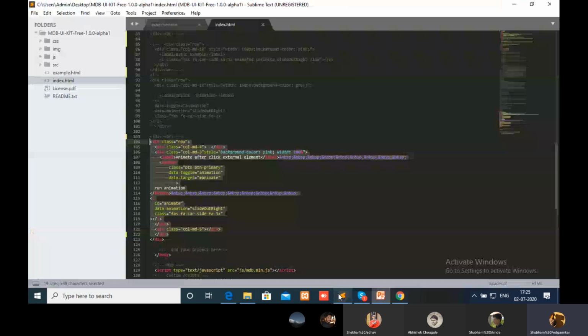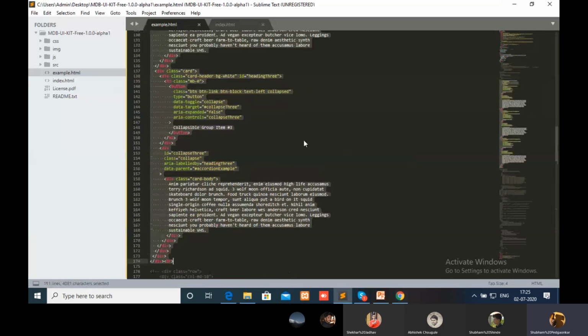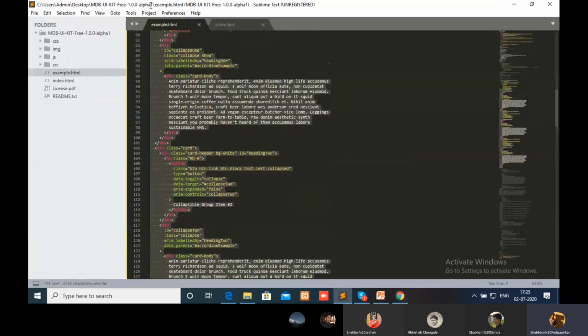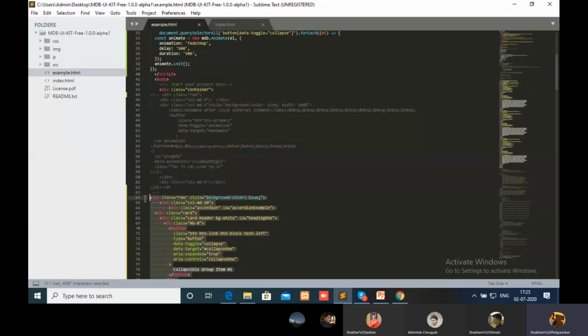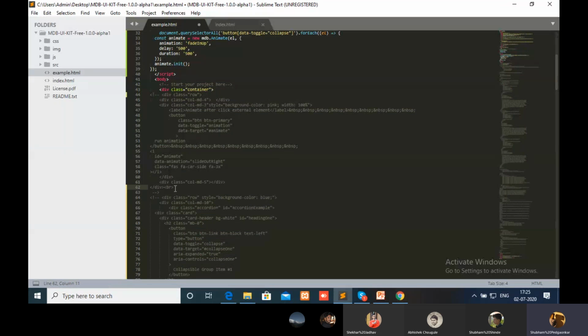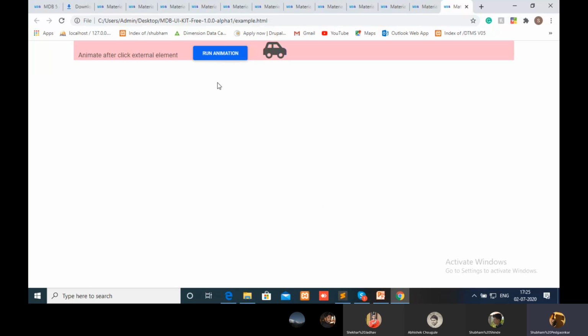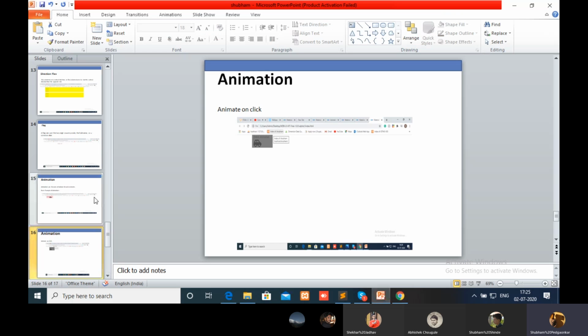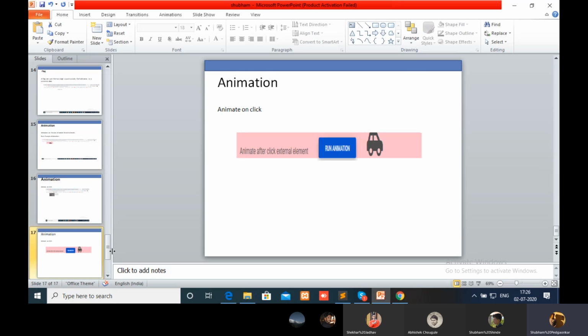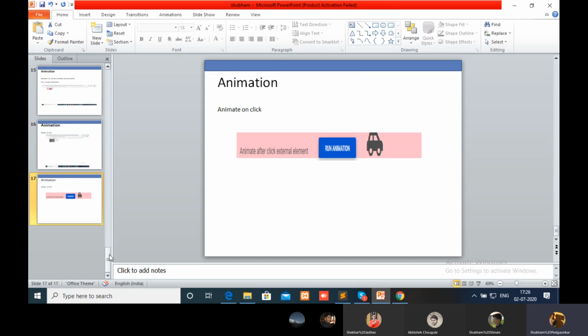And also the last example is the same: if we press the button, then the vehicle will move.